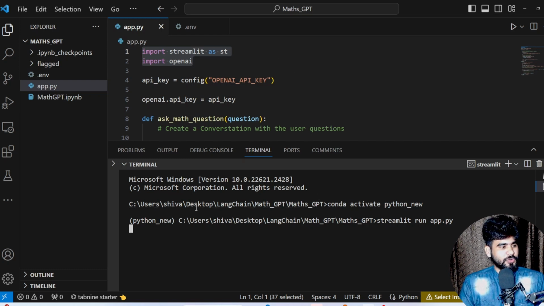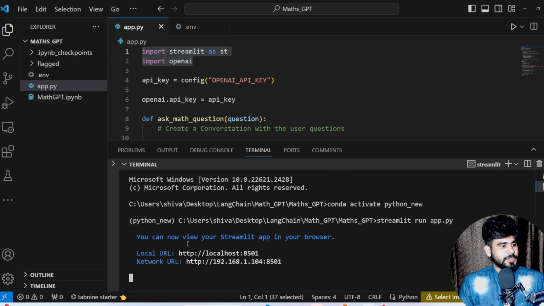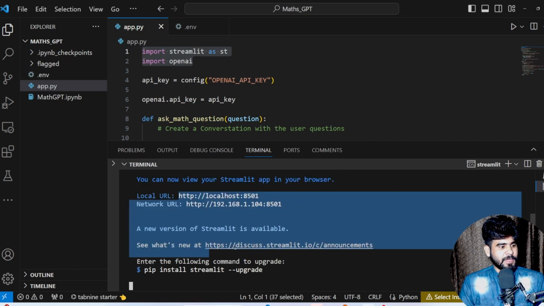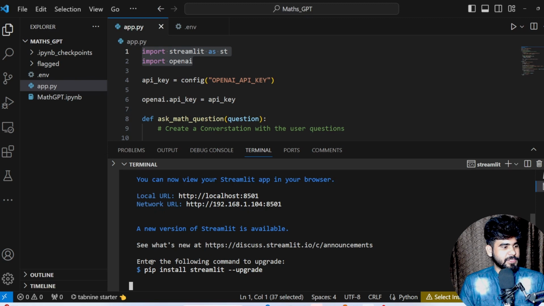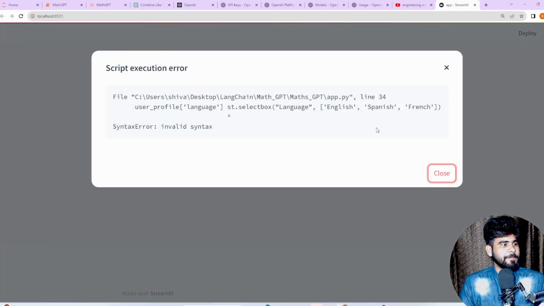Let's wait a few more seconds for the creation of our accessible link. Yeah, now we are getting the link. I'm going to copy this link from here. Okay, now we are able to open it. Let's wait a few seconds. Meanwhile we can check the terminal. As you can see the command that we are getting, I need to upgrade my Streamlit. This is fine. If we get any types of error, in this case we can upgrade.